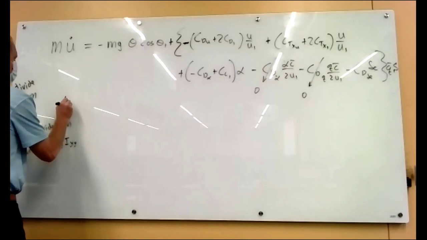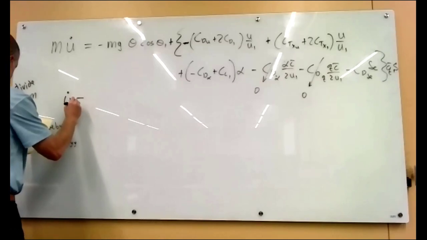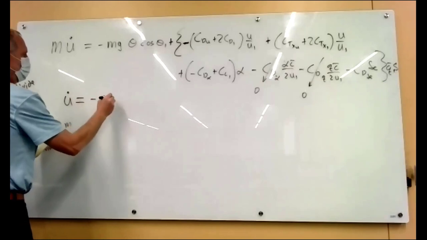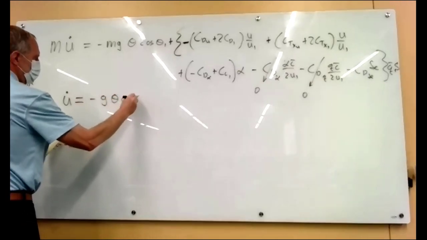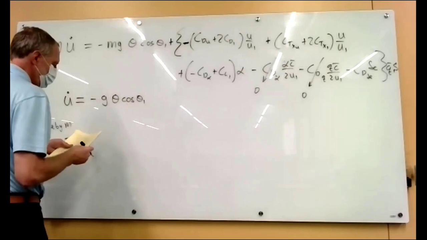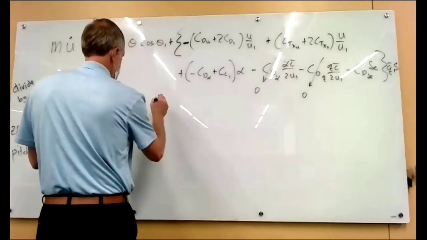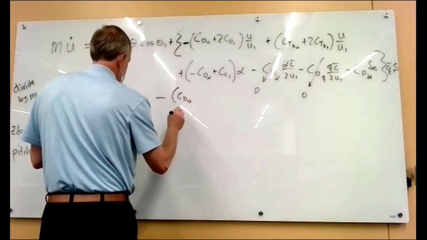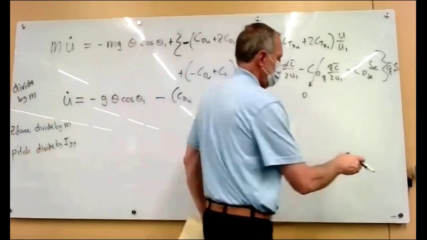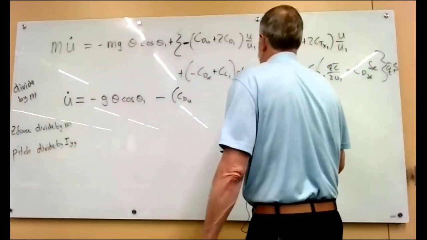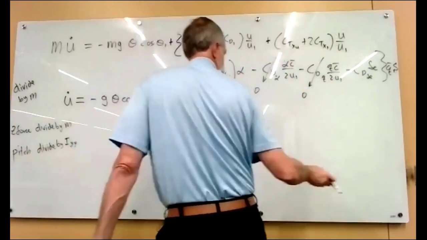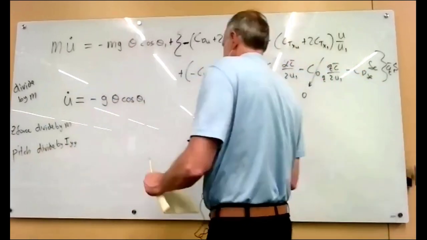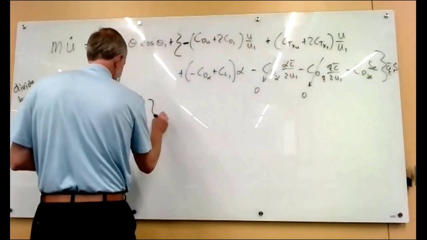So we're going to end up with u dot is equal to minus g theta cosine theta 1. Let me scoot this down a little bit. So minus